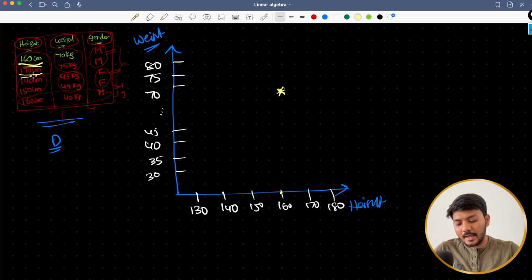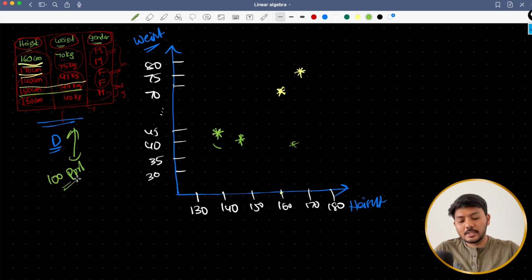And then the next point I am plotting is 170 and 75 kg, somewhere here. And then I have 140 and 45 kg somewhere here. I will use a new color because of the new female category, and 150 and 45 kg somewhere here, and then 160 and 40 kg somewhere here as well. So this is an outlier, let's not consider it for now. And if I have to generalize for more points, let's say I have 100 points here, so the points will lie something like this, and then we have these as well,